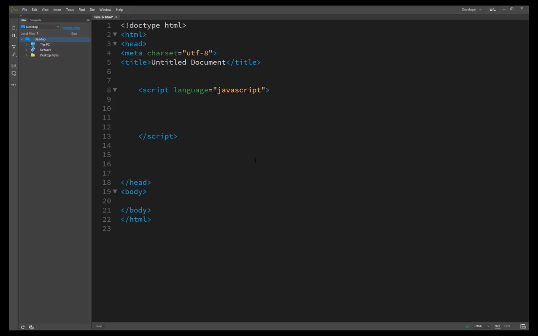Now we're starting our task number 37, looping through an array. In task 22 we already discussed arrays. What's an array? I gave a simple definition: it's a set of numbers or containers for storing values, for storing temporary values. Sometimes you will want to loop through each element in an array. This can be done by using a for loop, so that the index variable of the loop matches one of the array indexes for each iteration through the for loop.